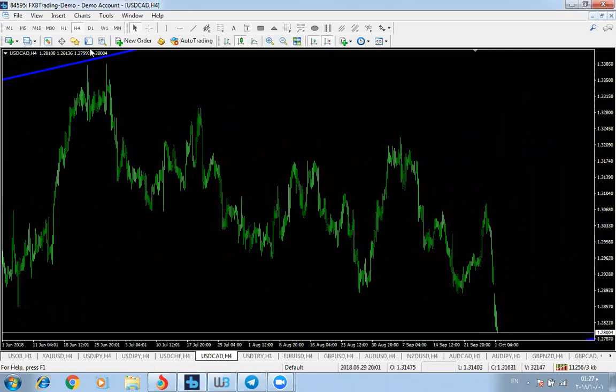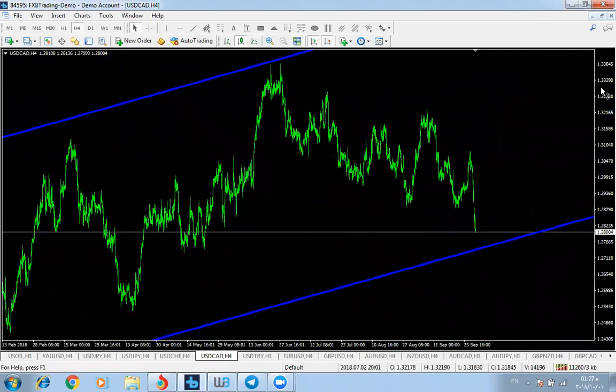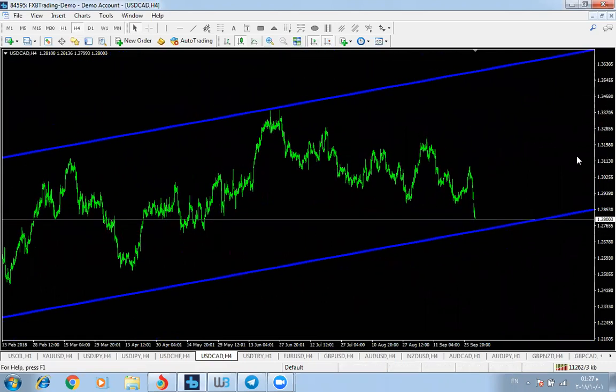Let's move into Canadian dollar. Of course, Canadian dollar has a very clear chart. It is correcting from this top. I'll show you. Okay, correcting from this top to the downside. It has formed the first ABC,